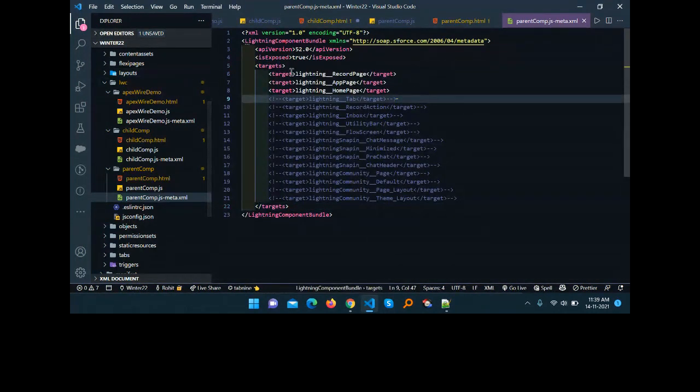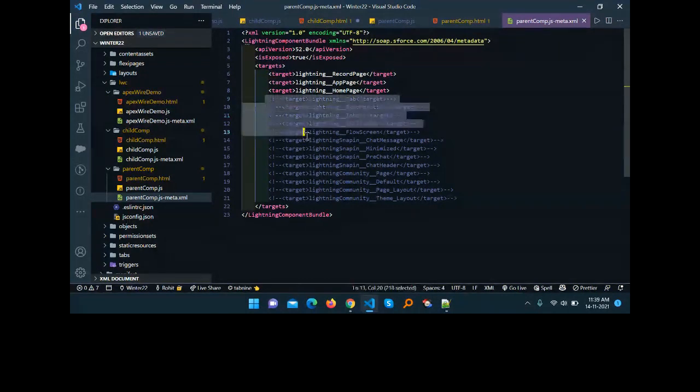Here you can see targets. Under the targets you can see like target, record page, app page, home page. I want to use this component under these three targets, record page, app page, and home page. You can use it as a tab, record action, and all the things. I already commented them here, you can see here, right?